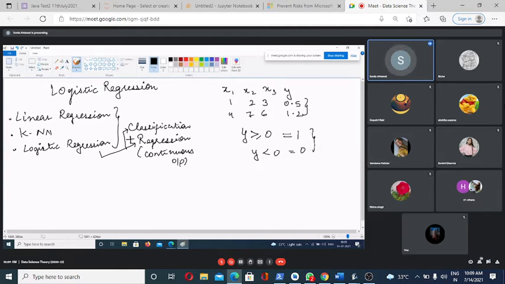So now it turns out to be a classification problem. This is coming out to be 1, and this is again 1. I have another set as 3, 2, 8 and it is coming out to be minus 0.2. So undoubtedly now this output will be 0 as per the rule. So we can use logistic regression for classification as well, but by default it is a regression